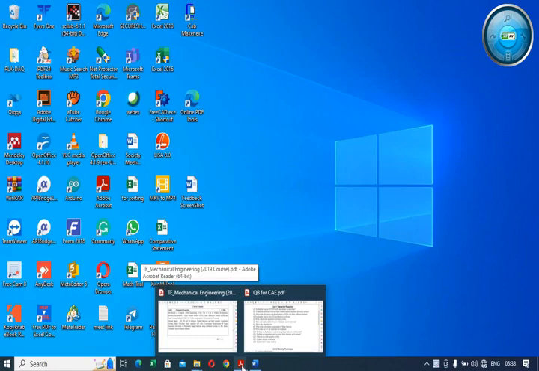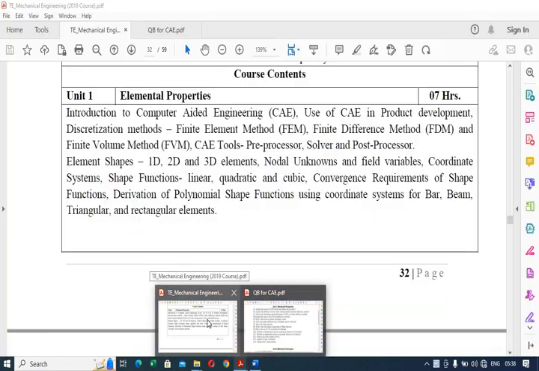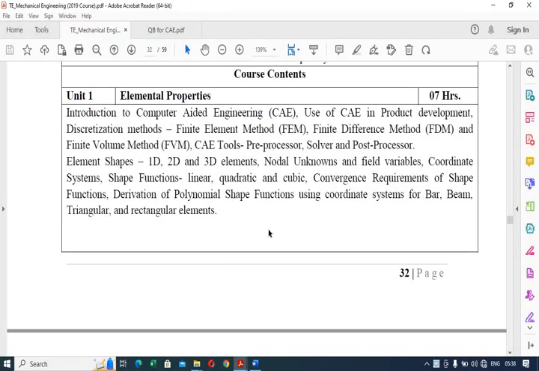Hello students. So this video is on unit number 1 for the Computer Aided Engineering subject, which is taught in the Savitribai Phule Pune University. So first we will go through the content of unit number 1. The title of unit number 1 is Elemental Properties, and the various topics which are considered in this unit are